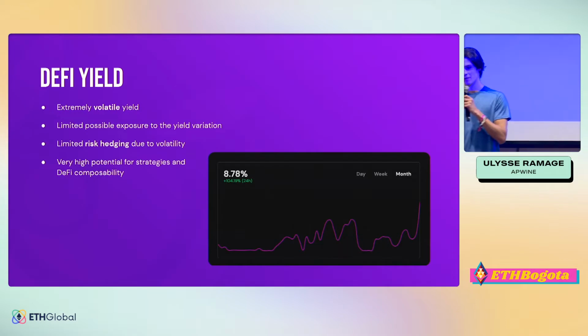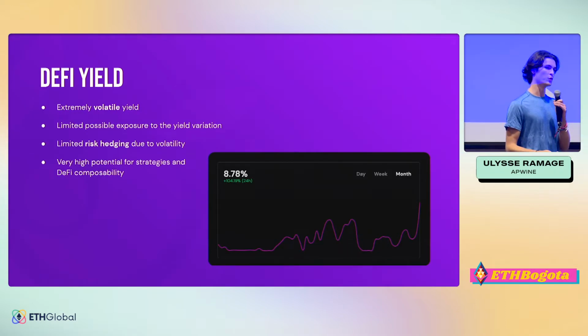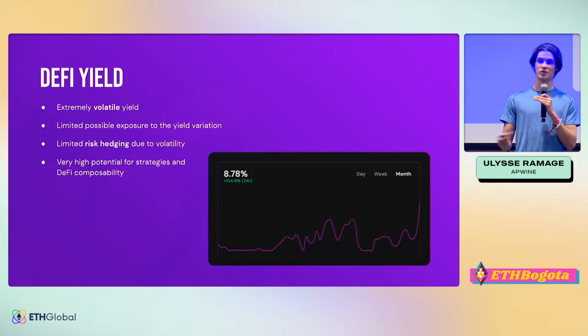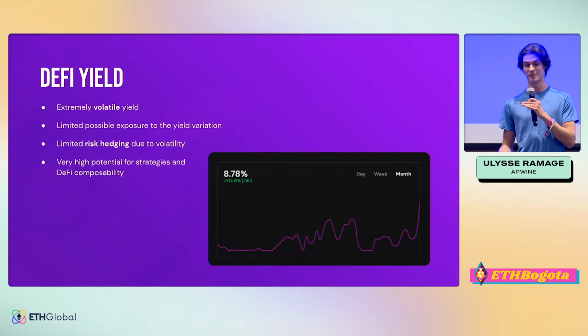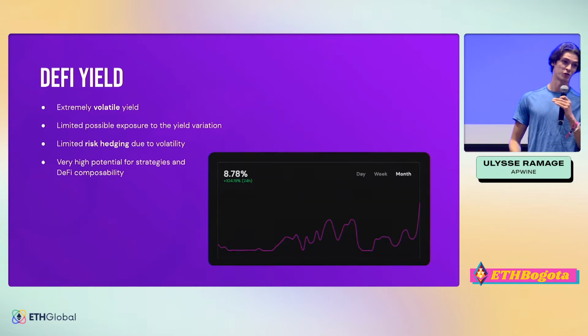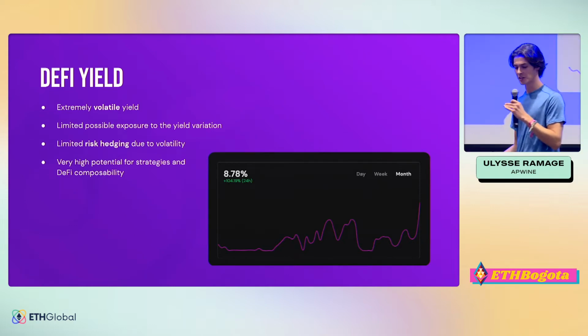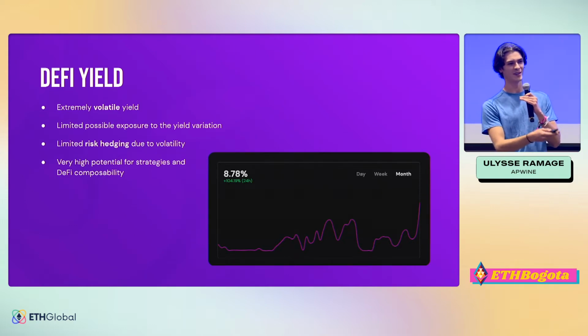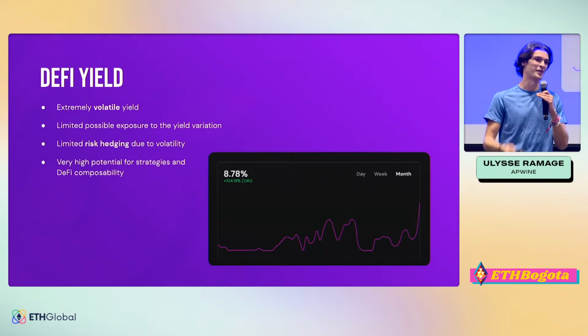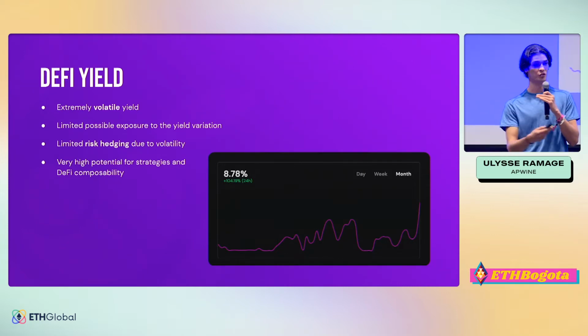So we're going to begin with, what is APWine and why did we build it in the first place? It all started during the DeFi summer of 2020, where APYs were just crazy 3 digits. And we just saw the opportunity here because there was no way to bet on the rise or loss of yield. So essentially reduce your risk.